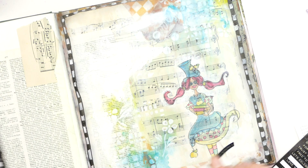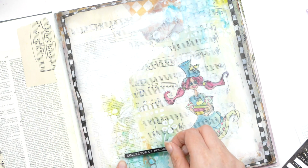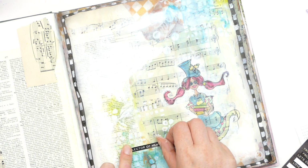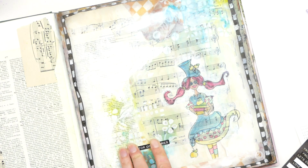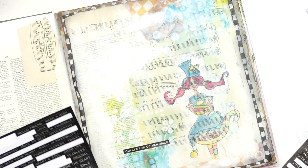I'm going to put Collector of Memories because, I don't know, she reminds me of Anne of Green Gables, and I love reading the book Anne of Green Gables, and also my daughter has this thing that every October she goes and picks the apples with her granny and granddad. So kind of,